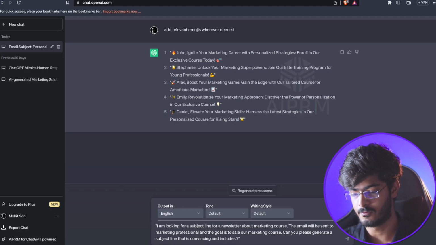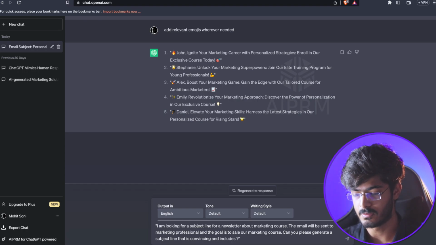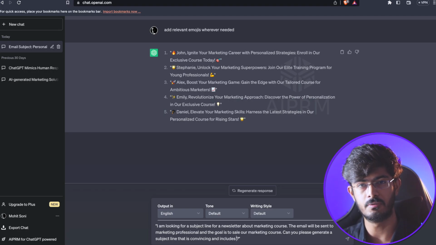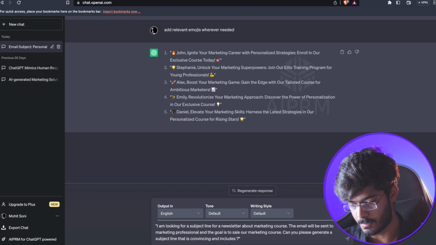optimize our content. For example, as you can see on the screen, I'm just giving continuous reprompts for the already generated content to get a better version of that. So that's exactly how ChatGPT works. We have to feed in a lot of information so that we get a desirable output from ChatGPT. So as you can see, I'm trying a different prompt, like one that is convincing and includes